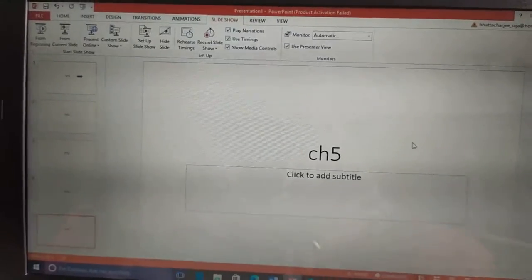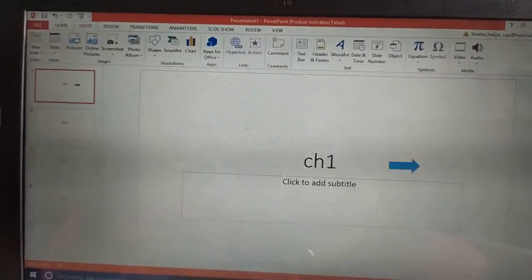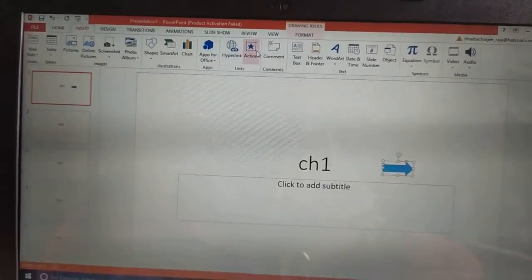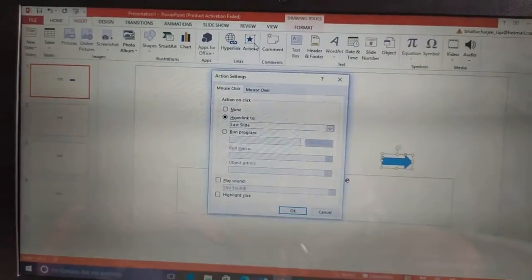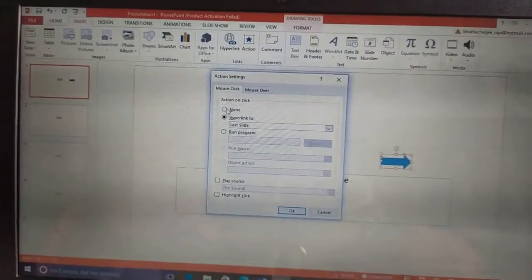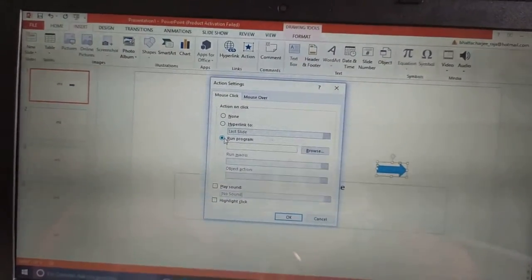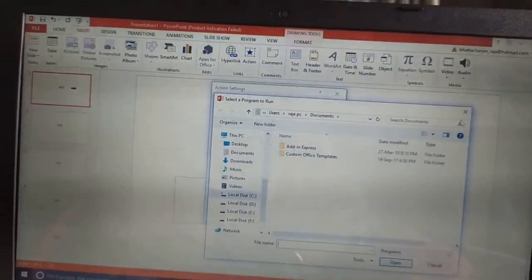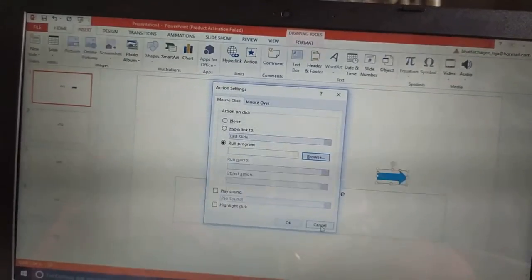We can give the URL link over here. Run program we can give over here. If we need to open any other program, we can browse it from here and open it.